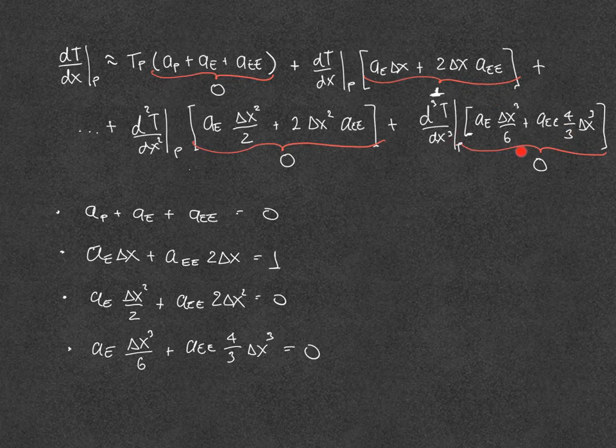So if we ignore this one, it is more catastrophic than ignoring this one, okay? Because this is third order and this is fourth order. The truncation error is associated to a fourth order. So that's why we will have to live with this, okay? And this is going to be associated with our truncation error. This and the high order terms in the expansion. So by saying so, we will select these 3 equations to solve